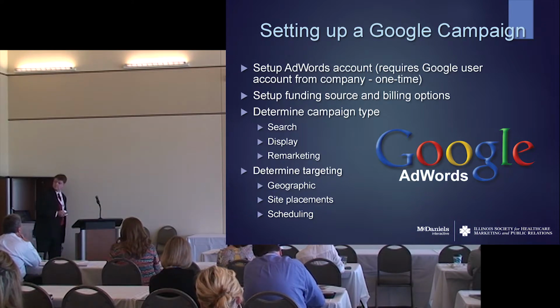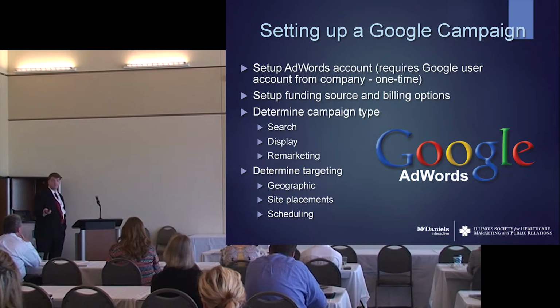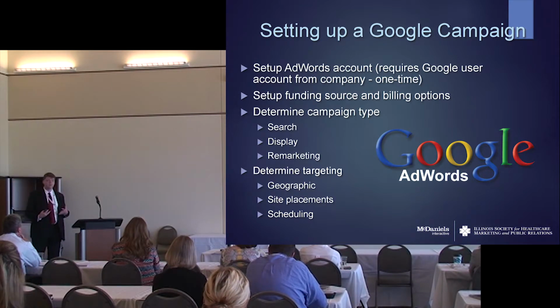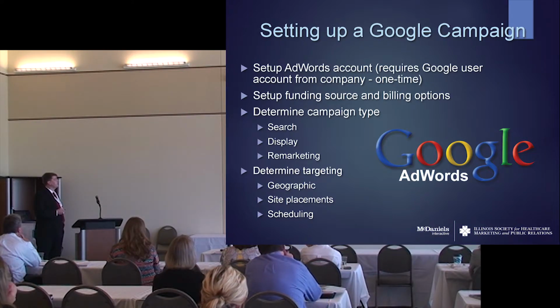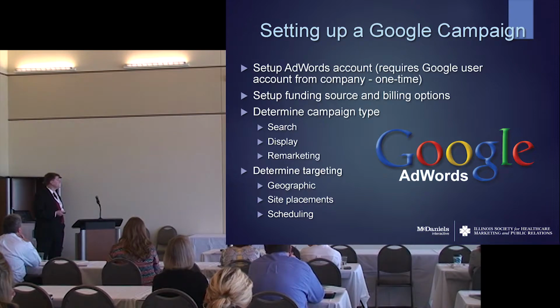Especially when you're just promoting general services that never end, versus an event or something like that that is time-limited. But once you've basically gone through campaign types, again, you don't have to do all three. These are the three that are probably going to give you the best reach for your dollars. Then this is when you can come down and say, okay, I've got my account set up, I've got my funding, and I'm now talking about the type of campaign I'm going to run. Then this is when you pick your targeting.